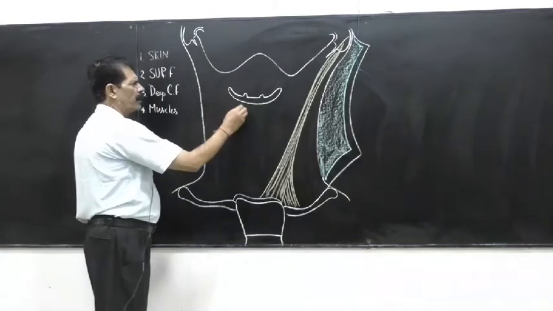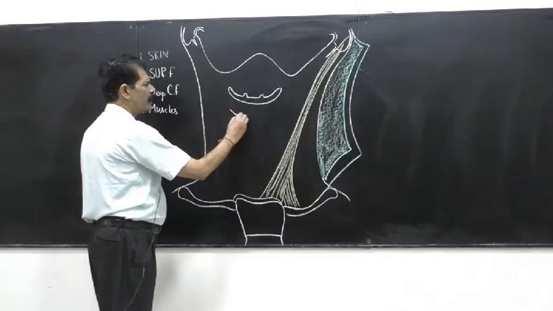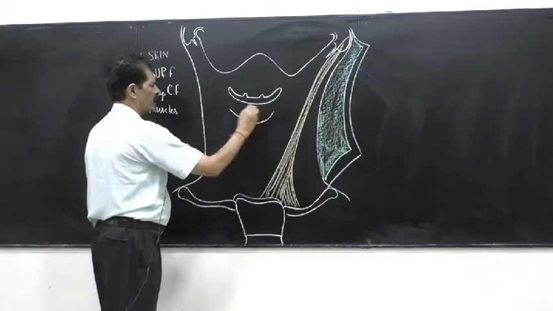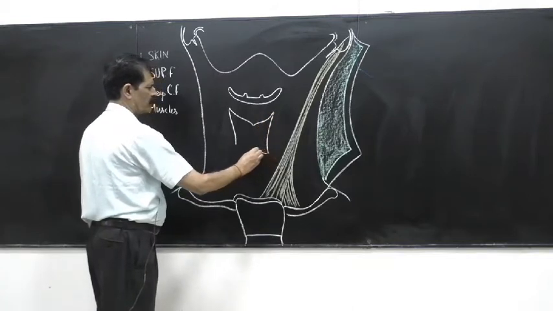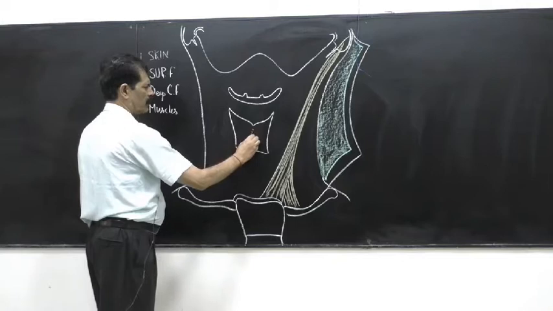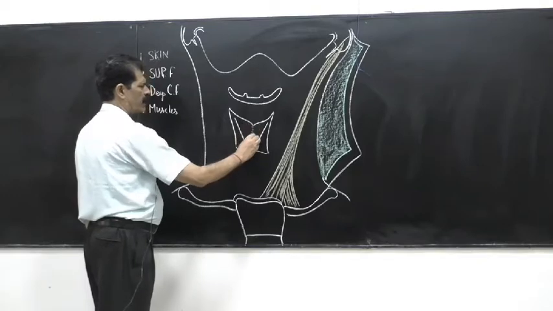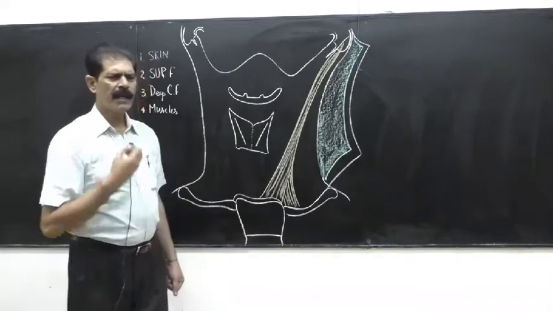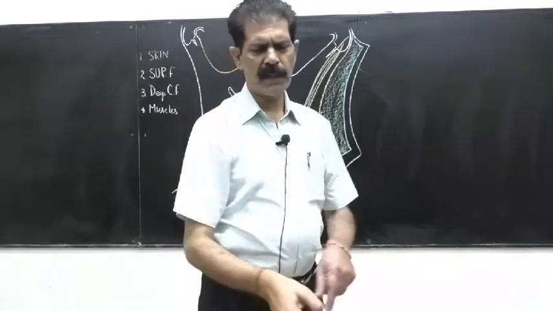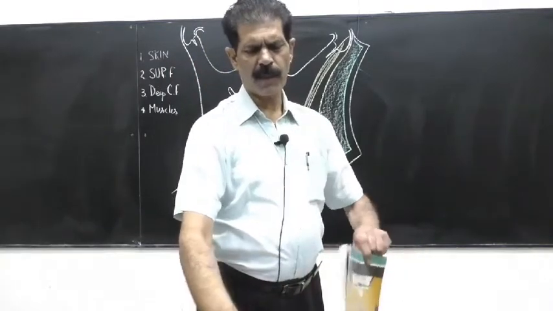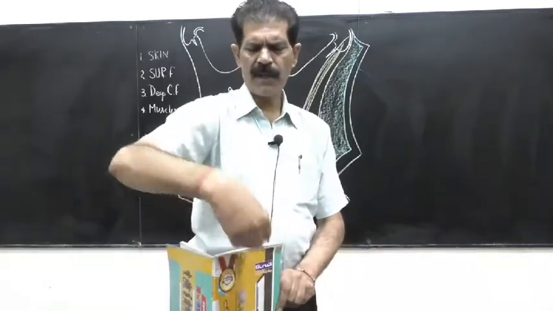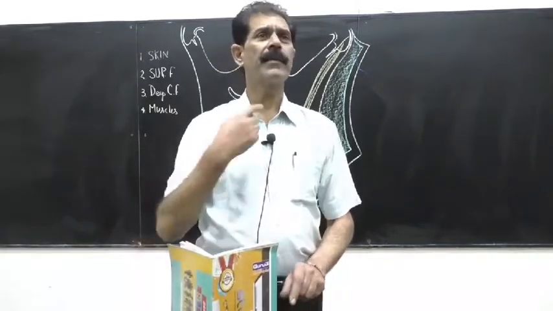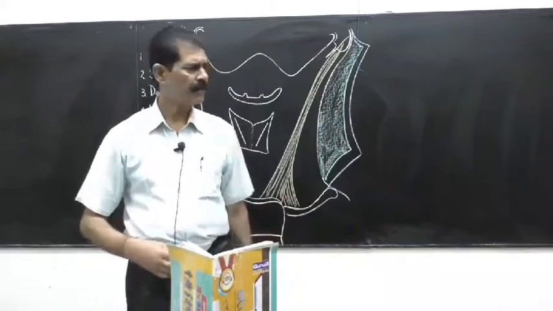And below the hyoid bone there lies the thyroid cartilage, the part of the larynx, the voice box, with an oblique line on it. And this is the prominence that is called the Adam's apple. In the male it is more prominent, in the female it is less prominent. So this is the thyroid cartilage having the two laminae, having the oblique line on it, and this is the prominence that is called the Adam's apple. So this is like a V-shaped structure.